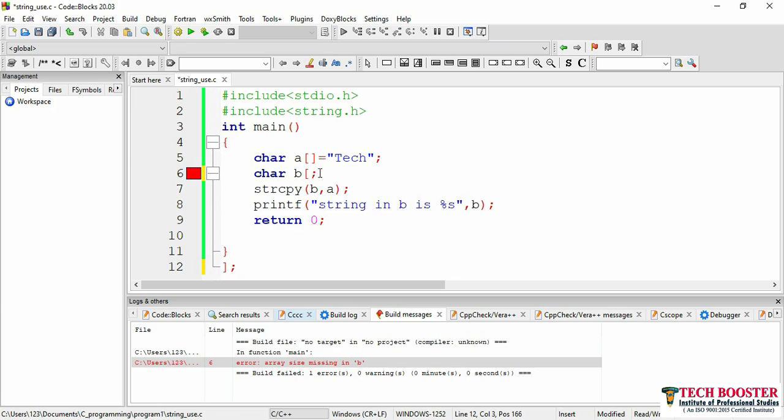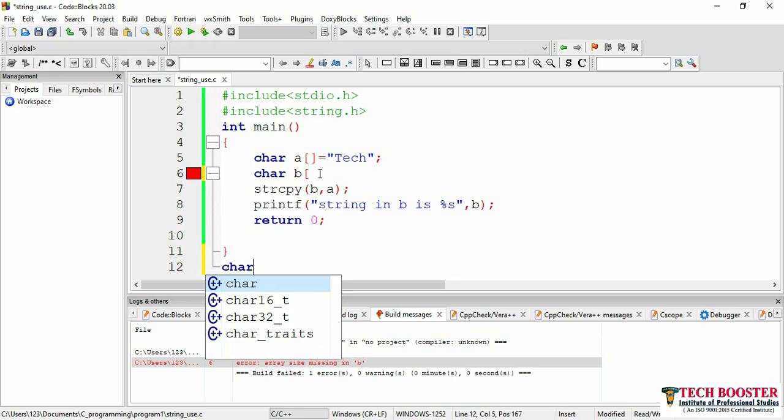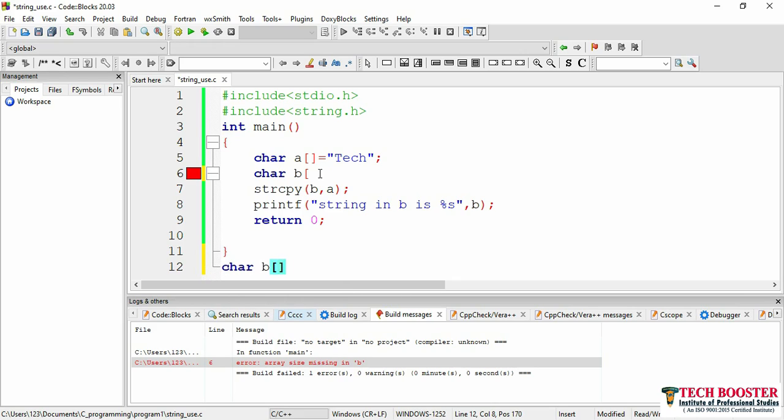What's my error here? My size is missing, so let me just consider this one. char b[30].